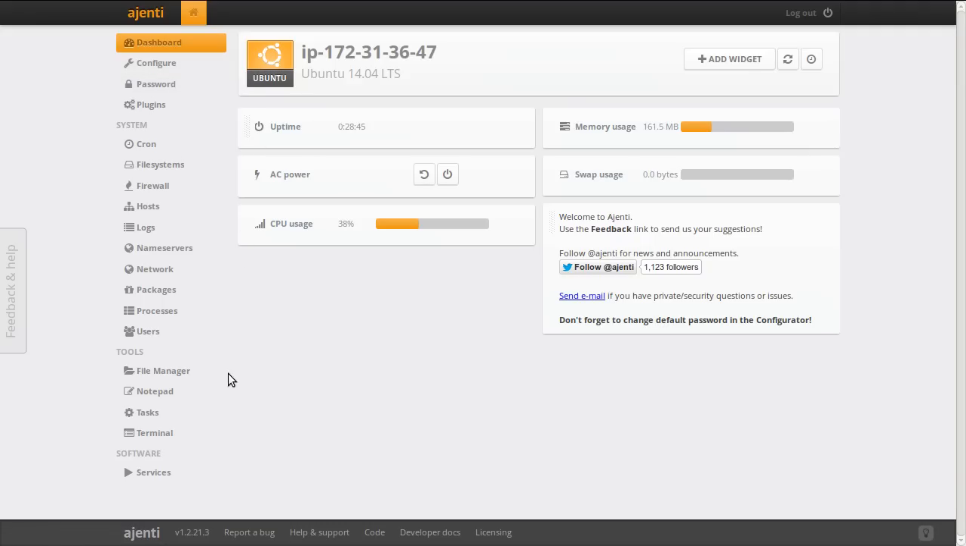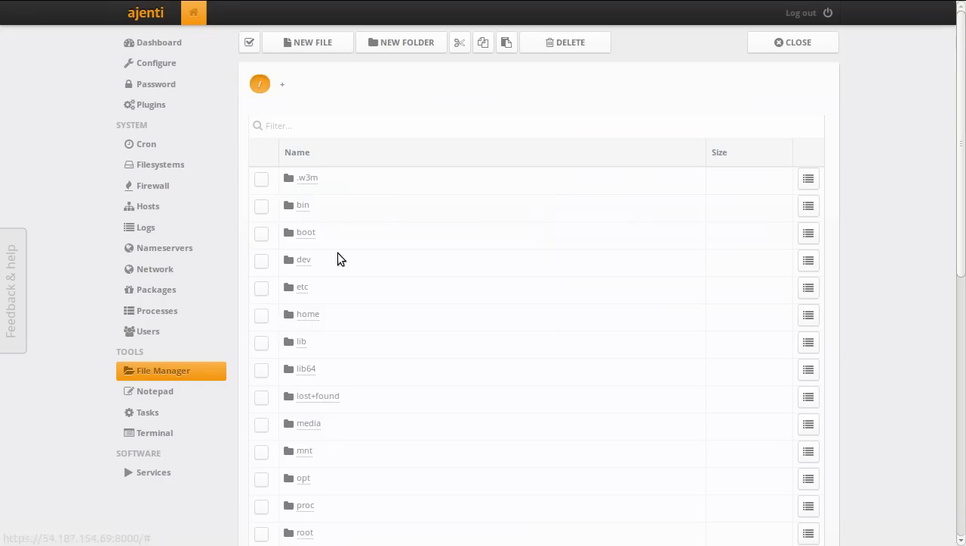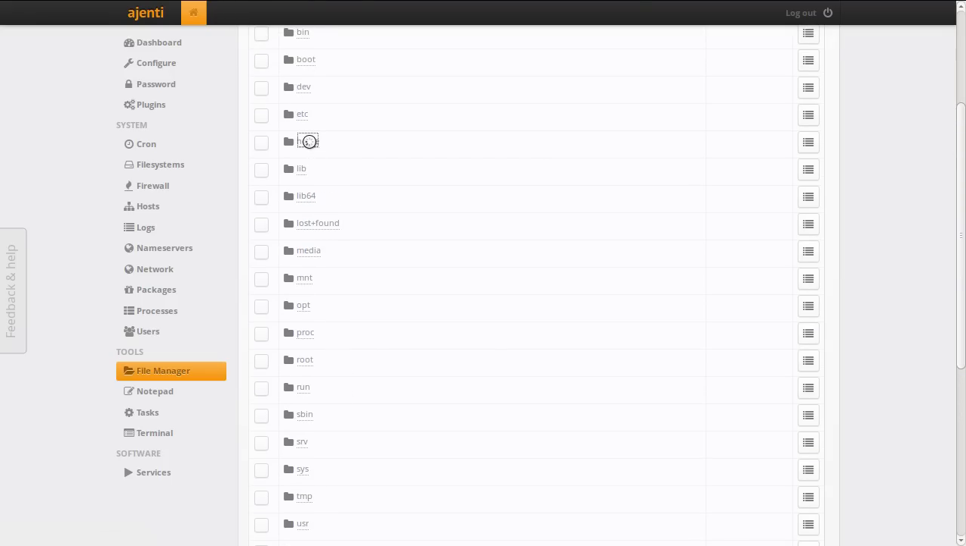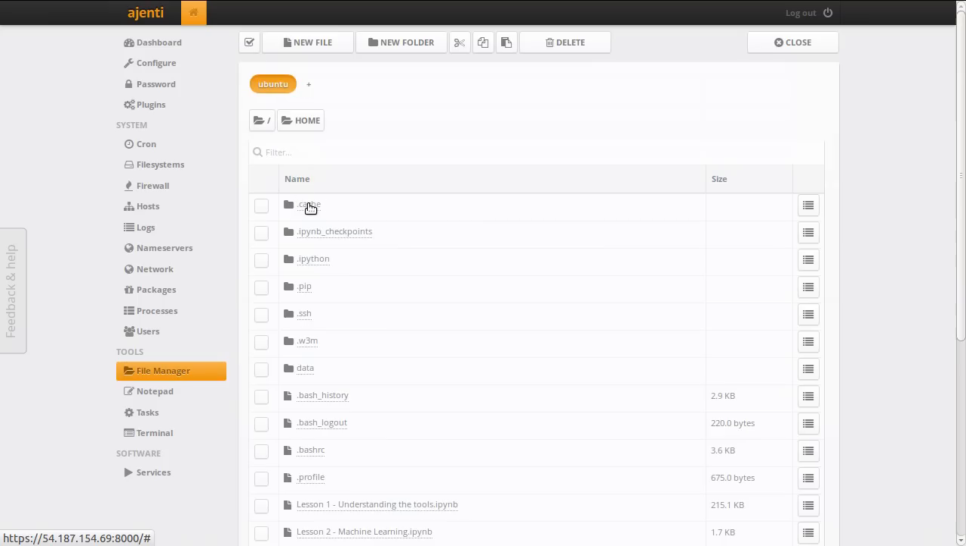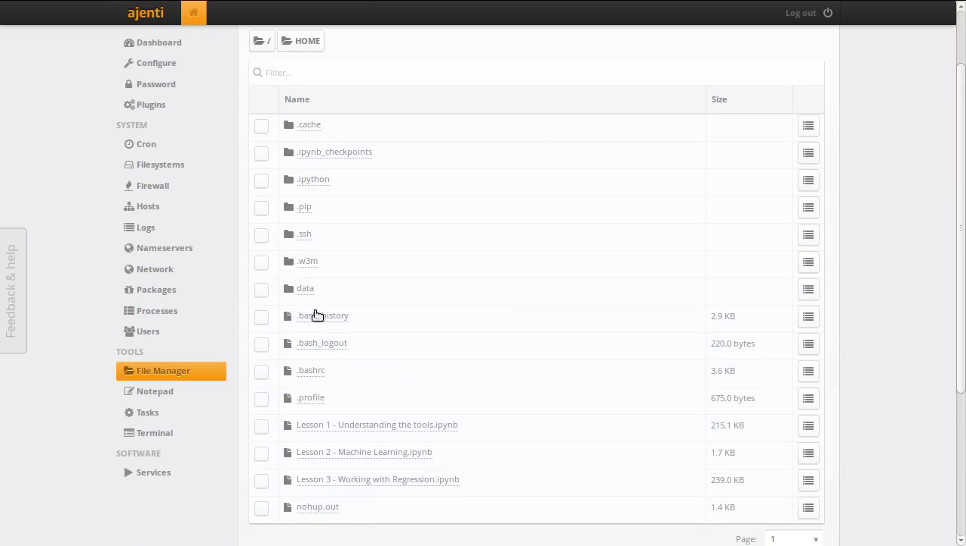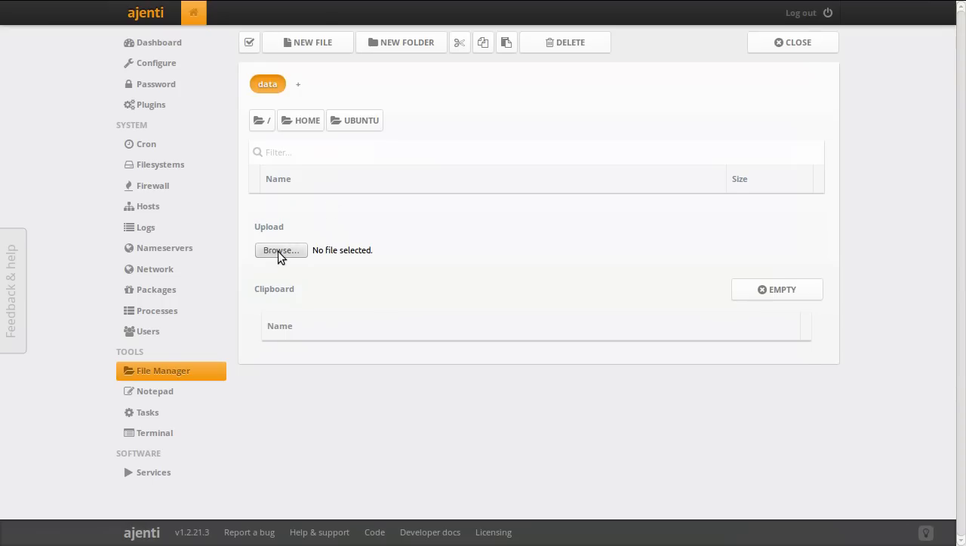Anyway, to access our file system, we will go to File Manager. On our File Manager, this will access our main storage of the system. All our files are stored inside Home, then Ubuntu. Everything you're working with, including your ipython notebooks, is available in here. You will see a lot of hidden files that the system uses to do one operation or another. The important one is the data folder. Open the data folder, and you can upload